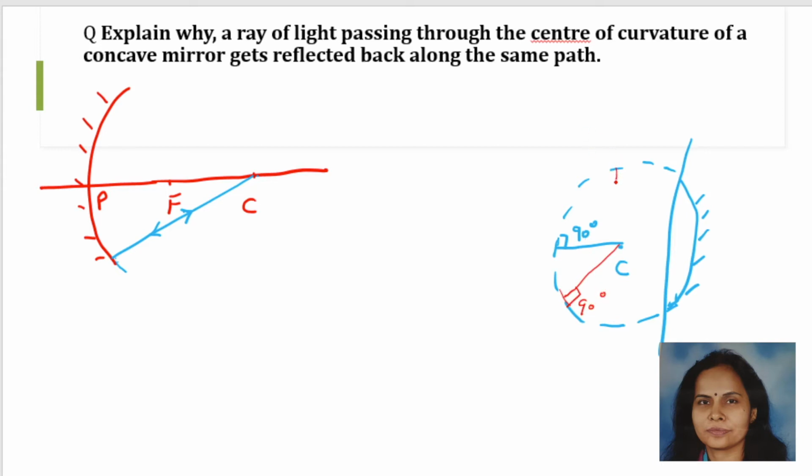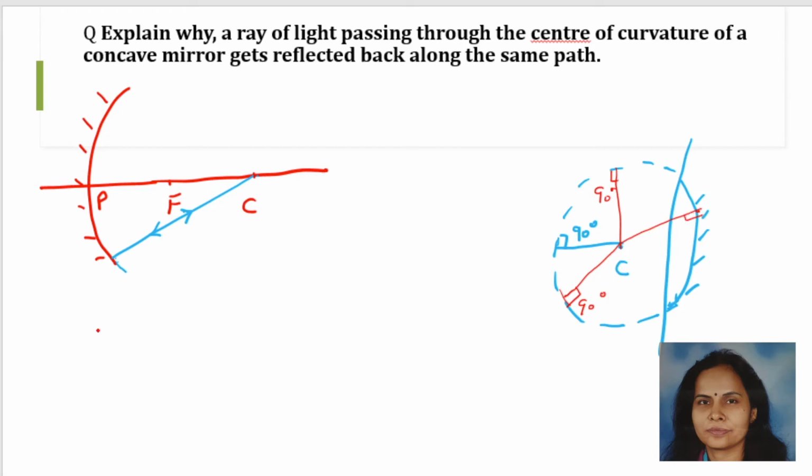Or take any other point that is 90 degree, right? So this is one way to understand. Now this is a concave mirror. If I take any point on this concave mirror, let this be the point, and this is the point of incidence, right? At this point of incidence, the light ray will strike. So if I want to draw the normal at this point of incidence, then I need to join this with the center of curvature. So this line will be normal to this point of incidence, right?